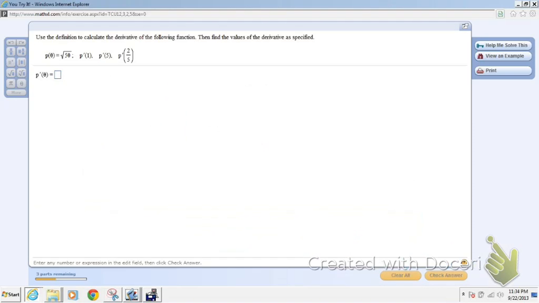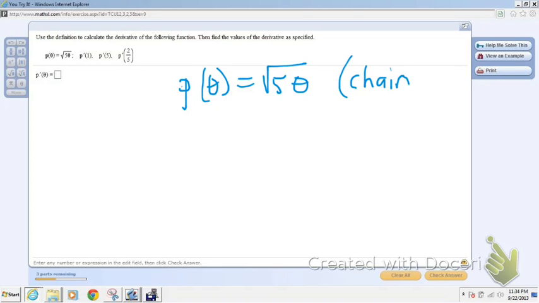Okay, with this first example, I'll rewrite the function here. It's p of theta is equal to root 5 theta. That's a composite function, so the first thing that comes to mind, hopefully, is the chain rule. Now, we haven't learned the chain rule yet; it's coming up soon. The author's asking us to use the definition of the derivative to calculate for the following function. I'm actually going to go ahead and use the chain rule because you're going to know that by the end